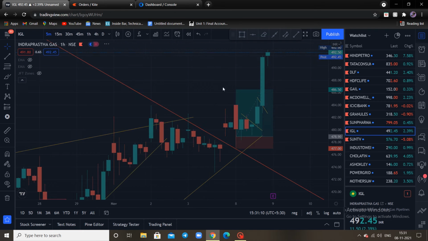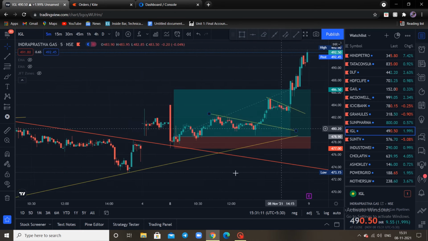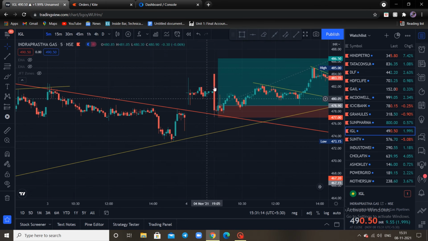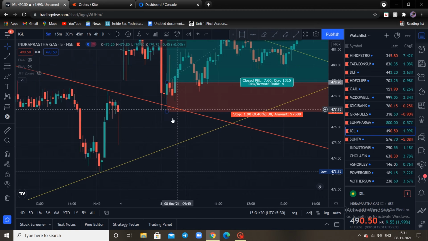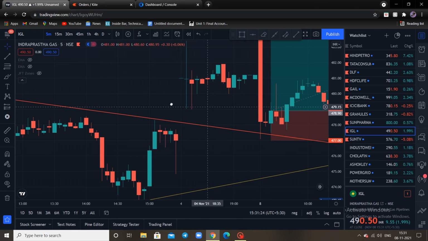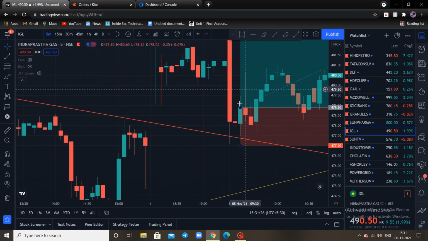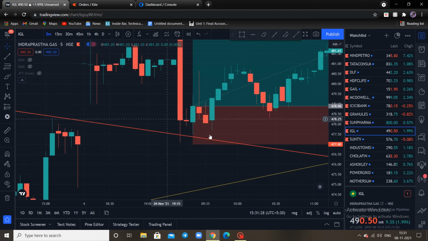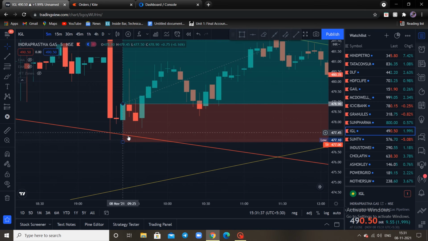I was watching it, not traded it, and today after its breaking, it comes down, and when it touches this line, I have seen in the 5 minute, it's a multiple time frame analysis, a bullish engulfing candle here. I placed a trade after the high of this candle is broken, and placed stop loss at the low of this candle,